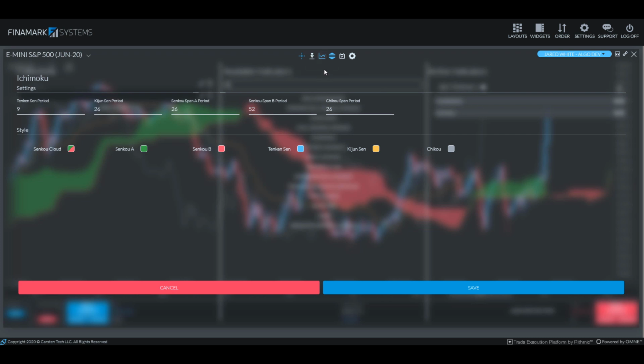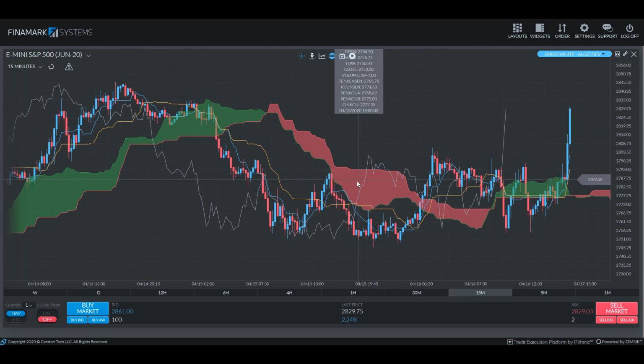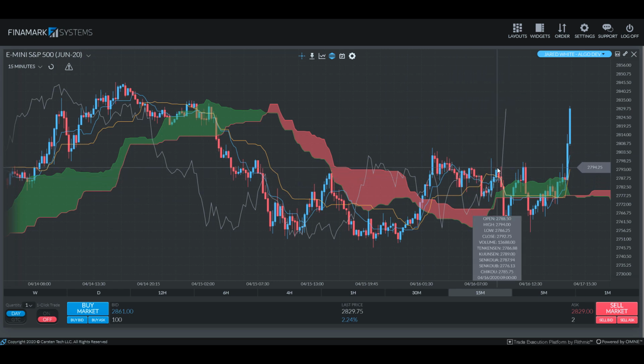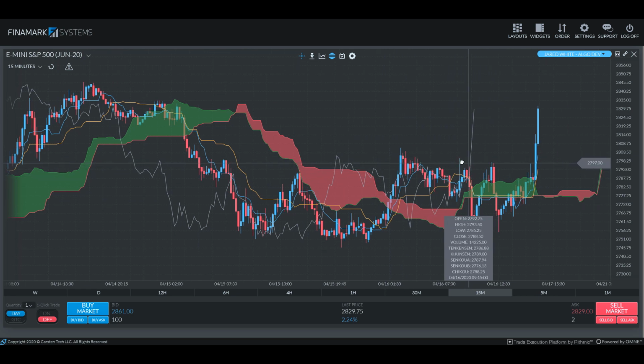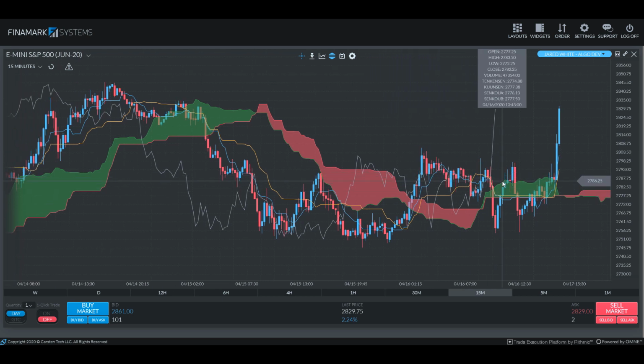And once again, we're going to look for an example of when the Tenkan crosses above the Kijun for the conversion strategy. So let's see if that has happened at any point during these more recent live charts. We're looking for our blue line to cross above our gold line in the most simplistic sense, and we would consider the signal to be stronger if it is crossing above while also being above the green cloud, or being at and in the green cloud, either or. Both of those are widely considered to be bullish scenarios. This is an example over here where it's a little bit hard for you guys to see, but we actually had our blue line cross above our gold line, and it did happen above the green cloud.